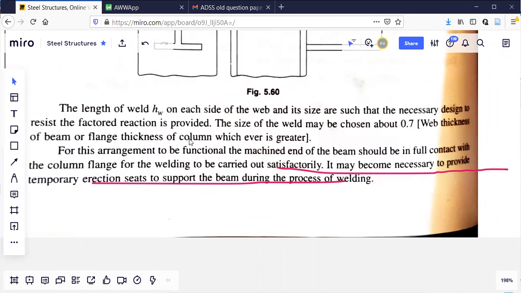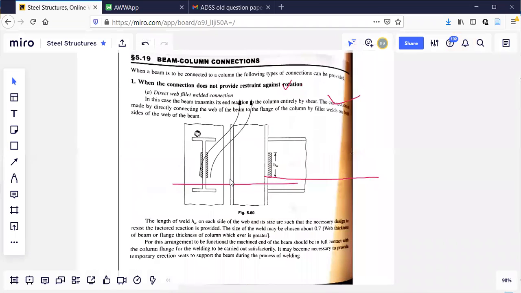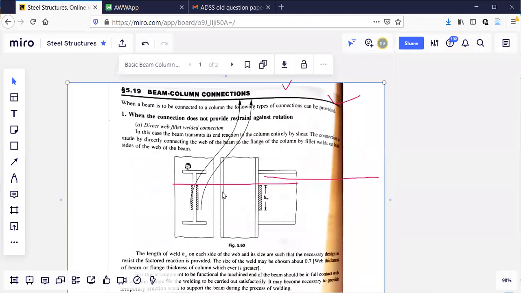Flange of column is connected to web of the beam. That is why you just see those thicknesses. Let us say one is 10, one more is 12 mm. It is not like that, but I am telling you, one of the thicknesses is 10 mm. For example, web thickness of beam is 10 mm, flange thickness is 12 mm. What will be the size of the weld? It is 0.7 times whichever is the higher thickness. That I'll show you in the problem here. So I'll go to the example here because we are left with 5 minutes.